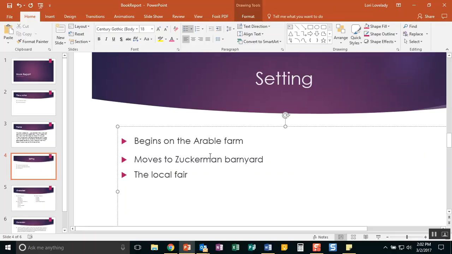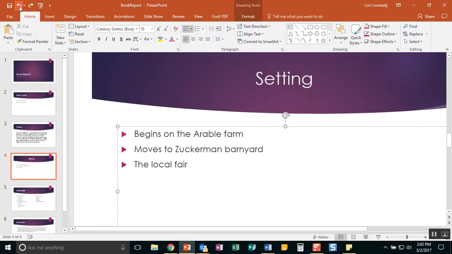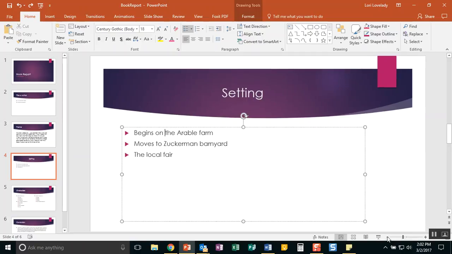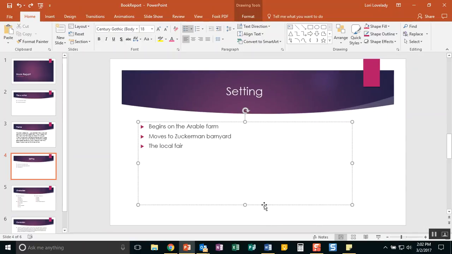Because I had my blinking cursor selected right here, it only affected this paragraph when I made that change to a double spacing. So what I need to do is I'm going to click my undo button to take that off. It undoes the last thing that you did. Let me go ahead and zoom out here. And now what I'm going to do is make sure that I have the placeholder selected. So I click on that